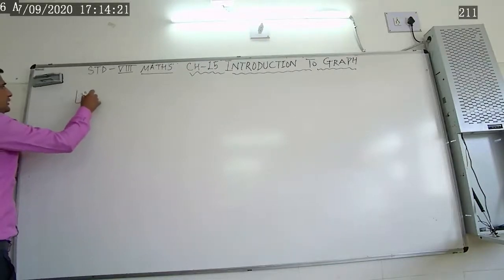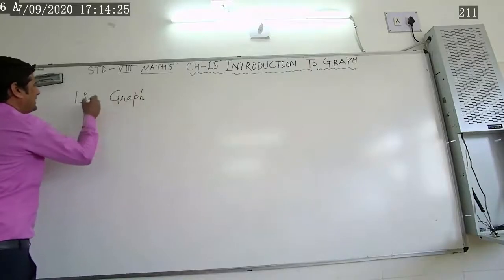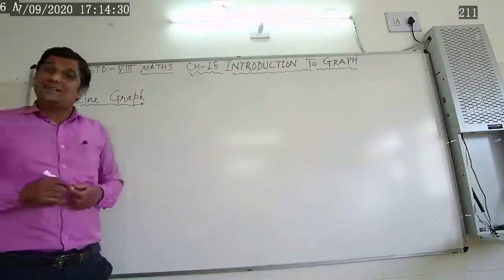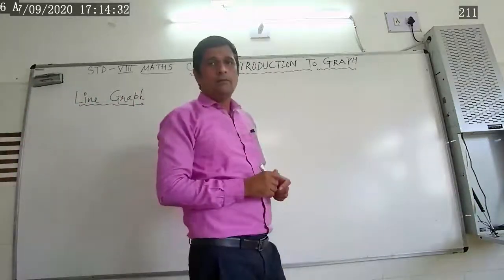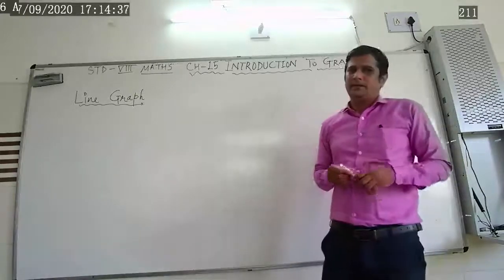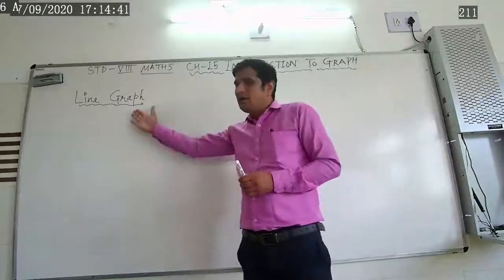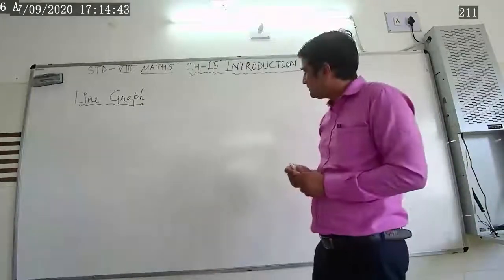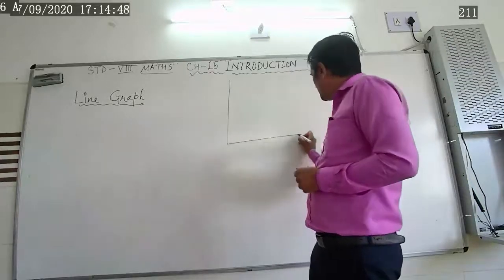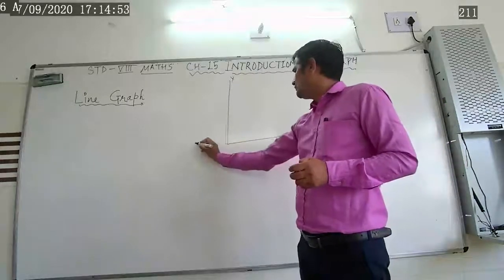We have said line graph. How we can draw a line graph, we can understand. How we can understand the graph which is known as a line graph. Students, in the coordinate axis, you know,